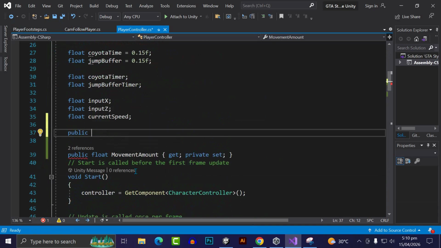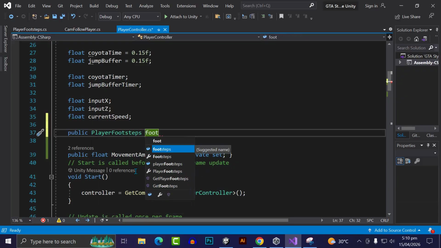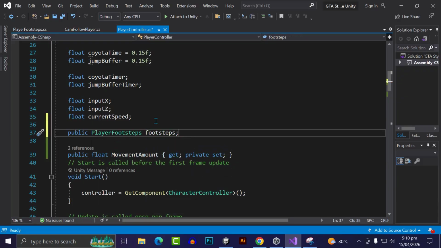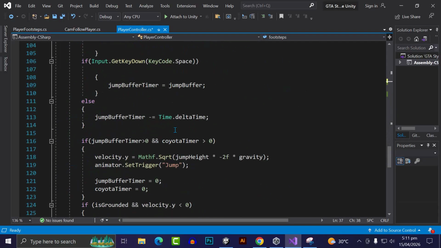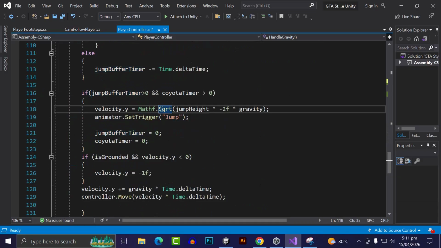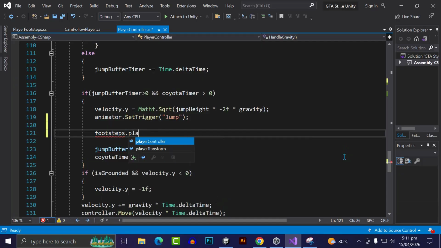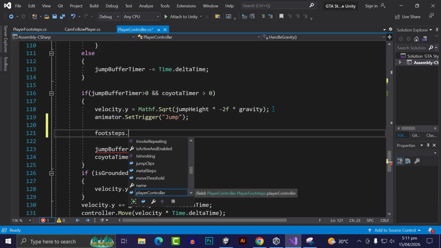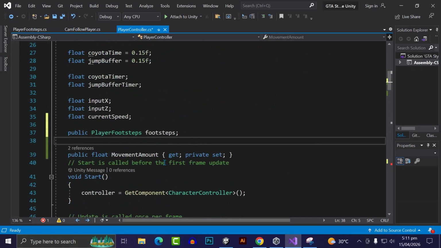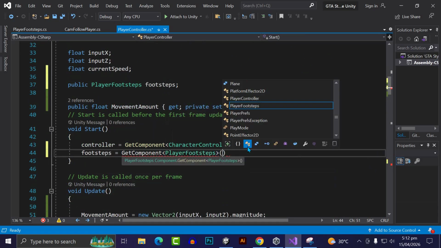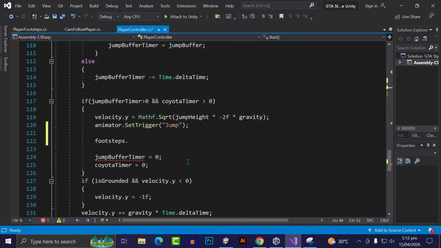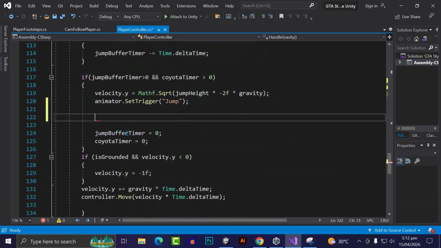So in the player script, we will add the player footstep script, and in the jump buffer timer where the jump functionality is written, we will add footsteps dot, and get the play foot sound function over there. But the foot sounds function is not public, so we can't include it in this script. So we'll move back to the footsteps audio